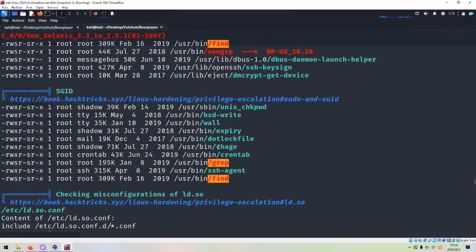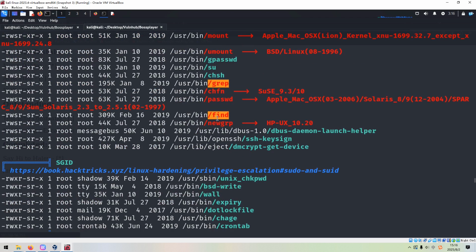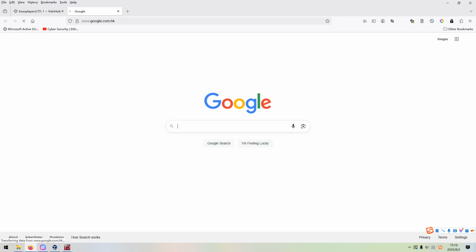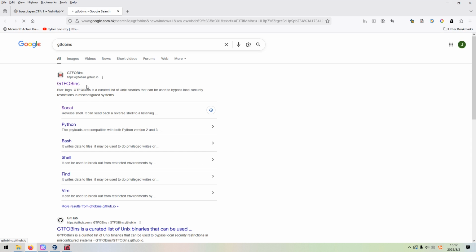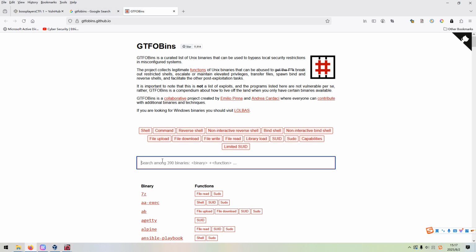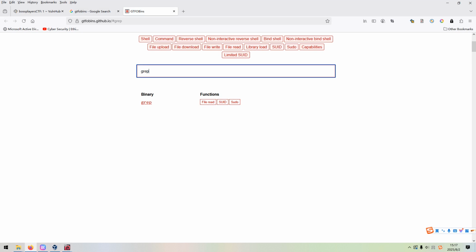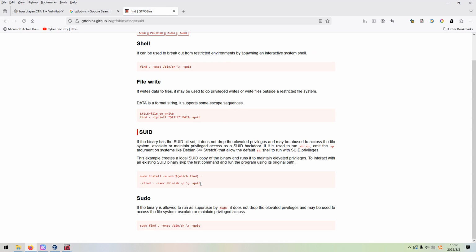Binaries with capabilities. We find, I think there are two binaries which have the SUID bit. So I think we can take advantage of these two binaries to elevate privilege. The question is how. We can go to this website, GTFOBins, and we can search. So I think we can use find. Yes, also I think we can use grep. So we can take two ways, maybe find first. Now let me go to SUID so we can copy